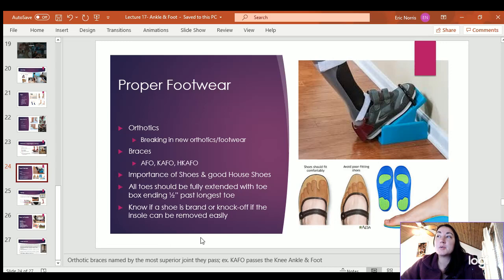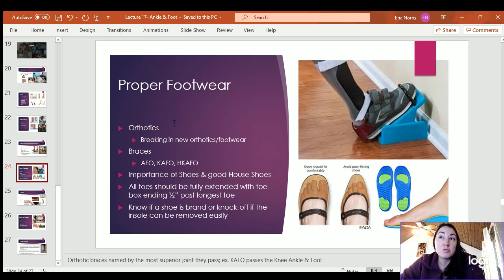Proper footwear. So just in general, proper footwear. There are various types of orthotics. We talked about the orthotics. Again, some of the PTs used to make them. I find very few that do now. So most of the time we call in an orthotist. A lot of them will even come to the house or the clinic and make it for the patient. But that can be expensive, and insurance may or may not pay. You could get into a shelf orthotic,